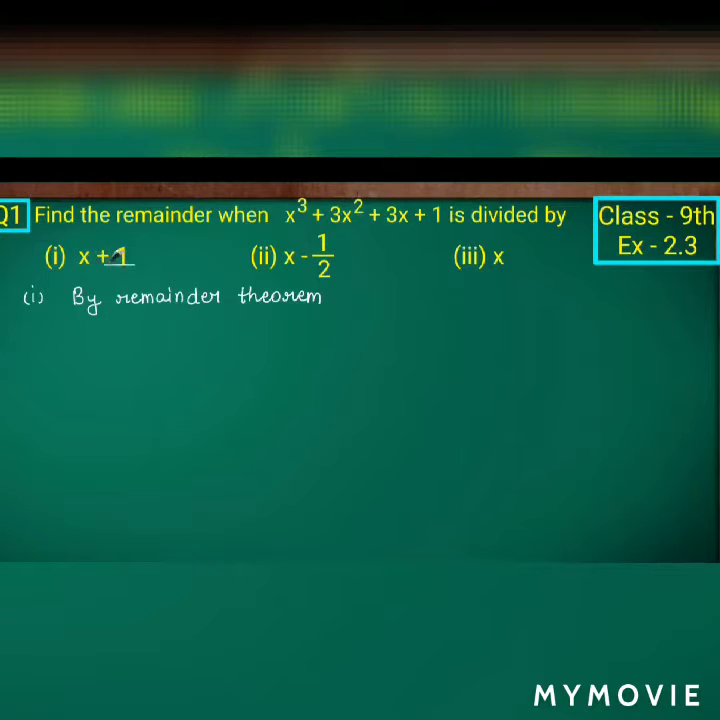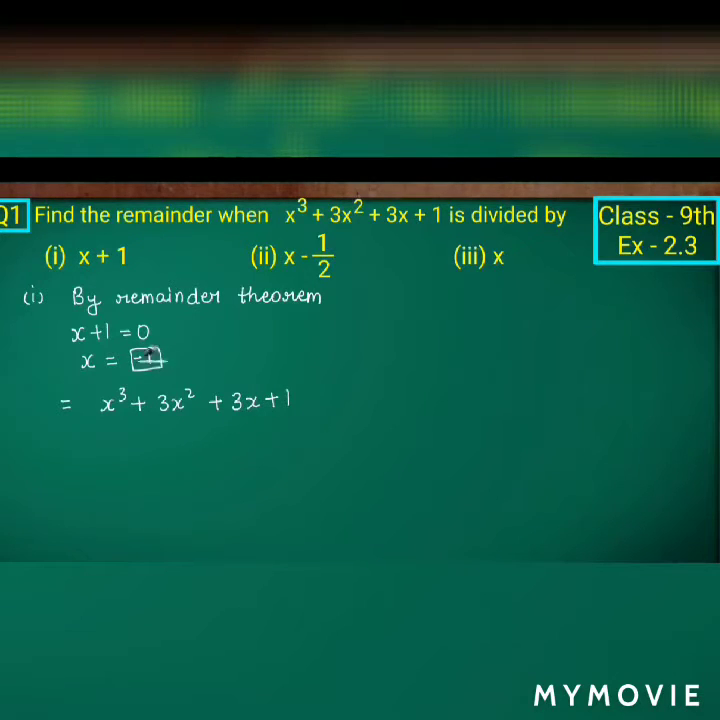So when x plus 1 is equal to 0, we have to find the value of x, and that value of x we have to substitute in p of x, isn't it? So by remainder theorem we have to solve the problems based on the given g of x. So here x plus 1 equals 0, x becomes minus 1, isn't it? So plus 1 if it goes to the RHS it becomes minus 1. Minus 1 should be substituted in p of x, that is x cube plus 3x square plus 3x plus 1. So what will it become here,